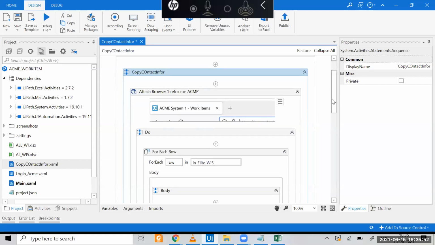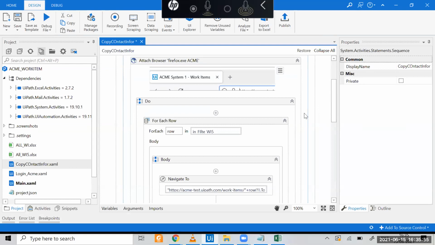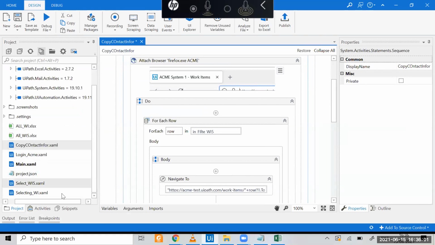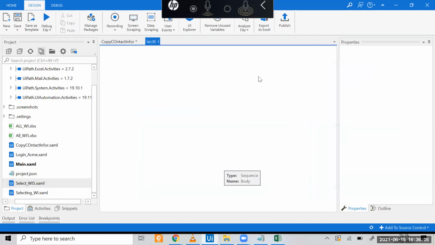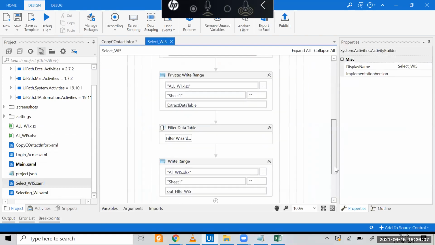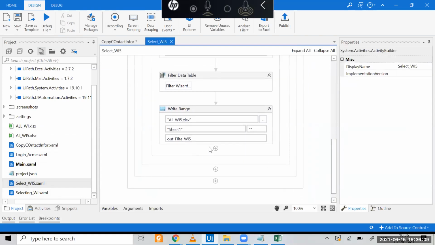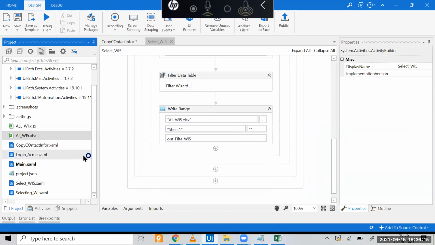If you remember, in the last class we created, in our WI5 selection, one variable called filtered. What was the output? This output is stored in an Excel file.